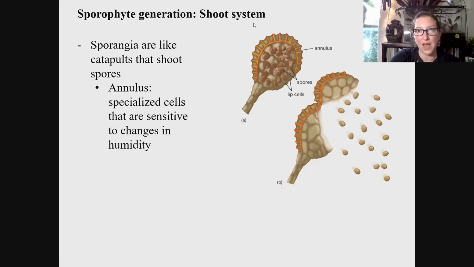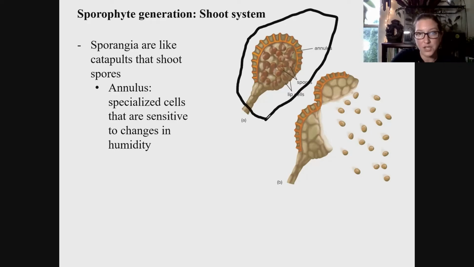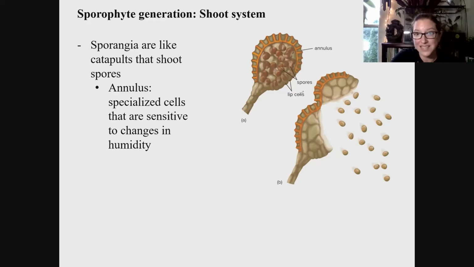And the reason it can do that is because of this special structure of cells. It's called an annulus. So I'll use black. So you see here, this is one sporangium. There's spores inside, and it has special cells that make up the structure called an annulus. And what happens is when the humidity changes, the cells of the annulus are actually sensitive to those changes in humidity,